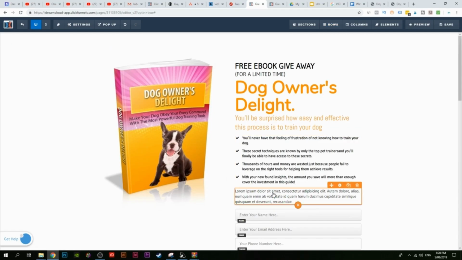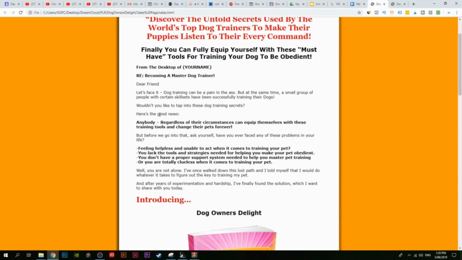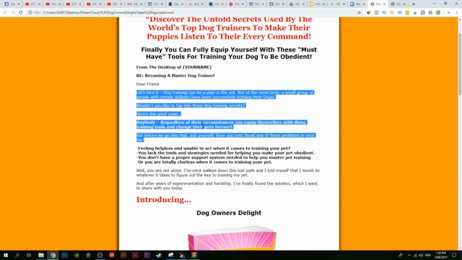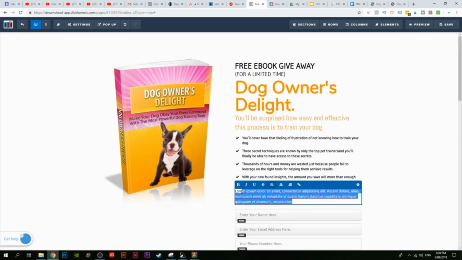The next thing, for the paragraph, I might take something from here. So maybe I'll take this part. So I would actually read through all of this and take my time and do a good paragraph and a good sales page, but I'm just showing you as an example, and I'm just going to do it really quickly. So let's just paste this in here,